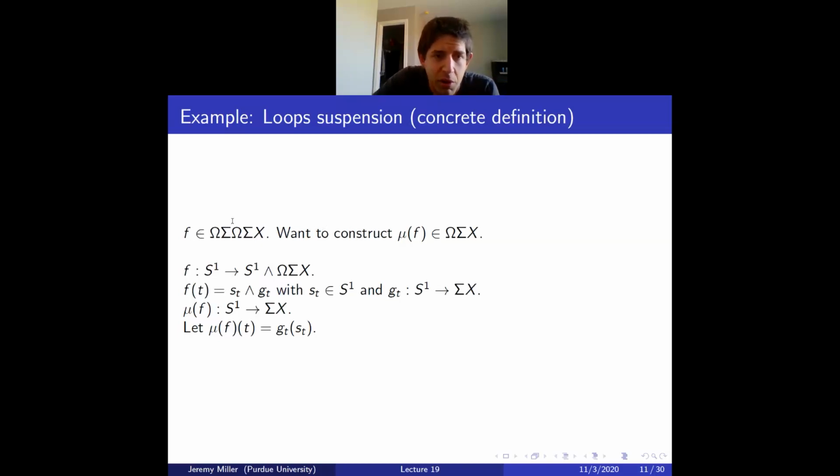This is like the definition of multiplication. So if you have an element of loop suspension X, we want to multiply it and get an element of loop suspension X. So what is that? Well, we have this based map from a circle into a circle smash loop suspension X. That's what F is. And F of T is going to be